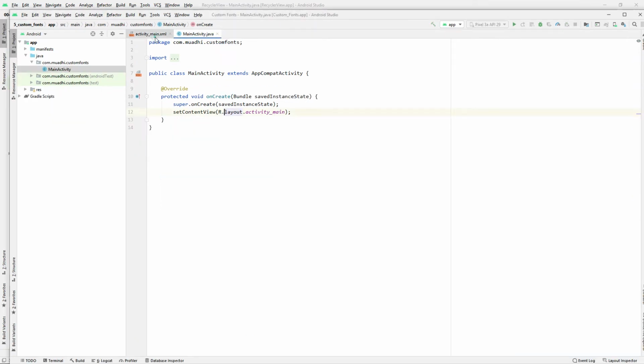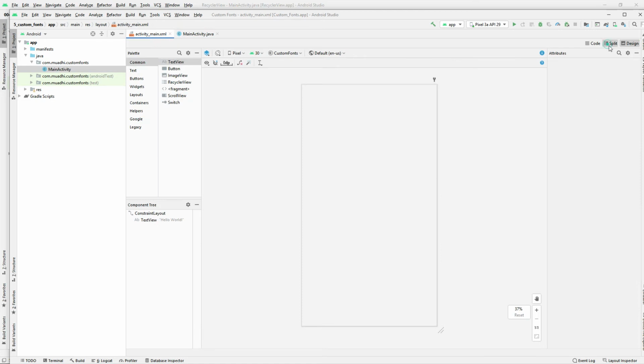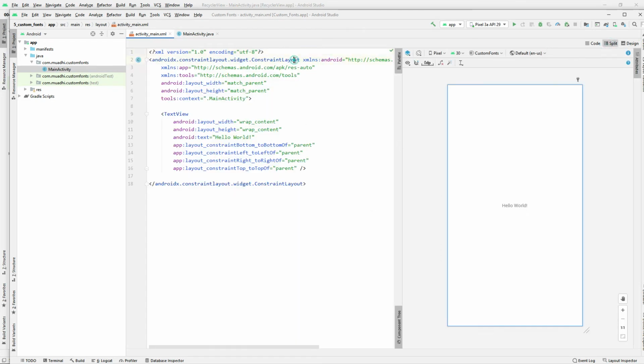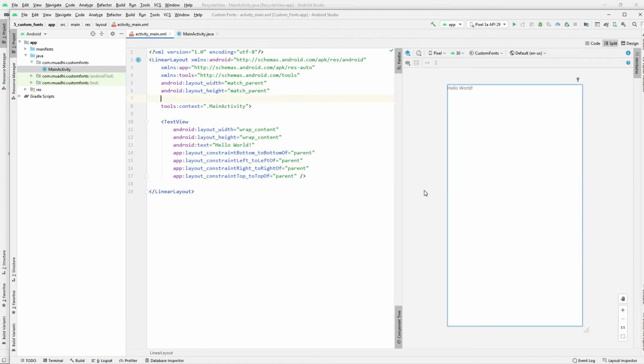So here is our layout. I'm going to open here, so I can change maybe this layout to be a linear layout. And I'll give it the orientation vertical, and then I'll come and give it maybe